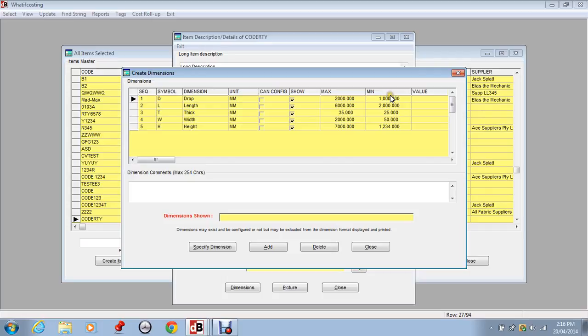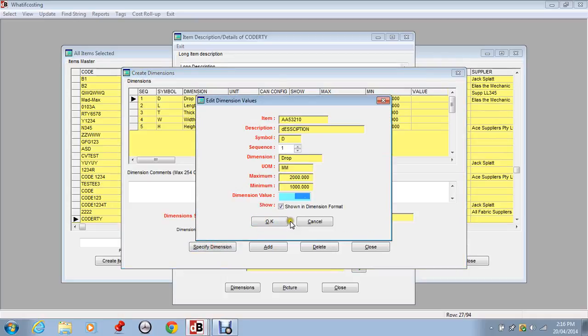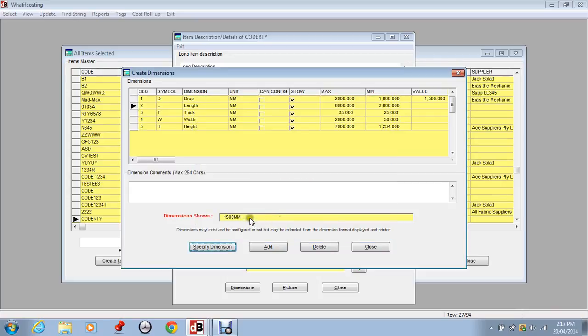There's a maximum and a minimum value for each dimension defined in the configurator. These are for guidance purposes only. So now we have to enter the value for, let's say, drop. We specify drop. We can put in a value between the maximum and minimums. Click OK. You'll notice now that the value we put in of 1500 drops down here along with its unit